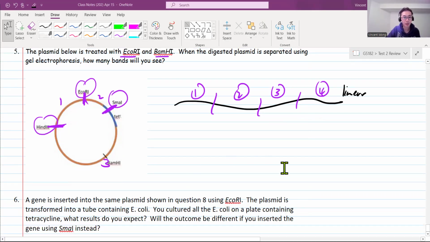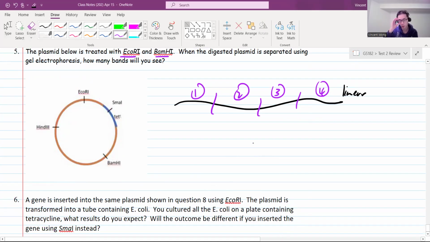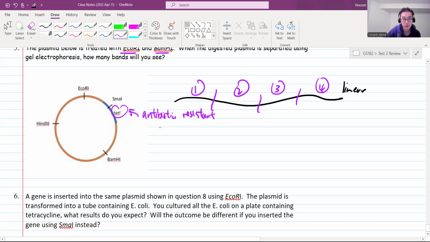Now, there are these plasmid questions that we talked about, and I posted a worksheet online with practice for you to do. So make sure you go through them, but I'll use this one as an example. Remember, this is the antibiotic resistant gene to help distinguish, tell apart, transformed